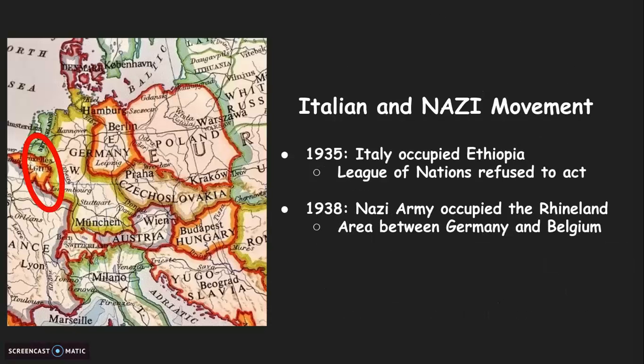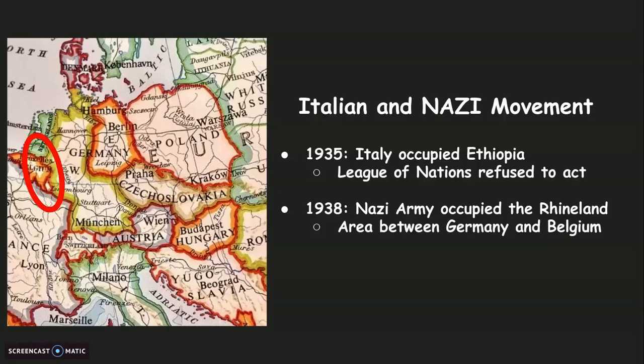And now we're going to talk about the first scenarios, the first type of aggression. And what aggression is, it's like the first warlike act by one country to another without just cause. That's what aggression is. They're going to go ahead and go out there and do something to another country. And in 1935, Italy occupied Ethiopia. That's the first type of aggression on another country.